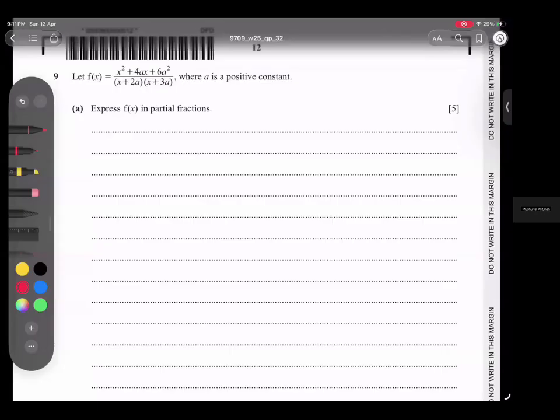Question number 9, students, we have now partial fractions. So what is the technique? x squared plus 4ax plus 6a squared divided by x plus 2a, x plus 3a is equal to A over this factor plus B over, but one thing, one minute, first of all, if you look carefully,